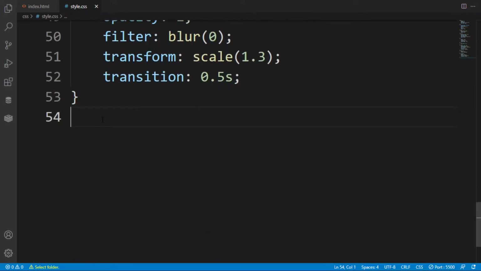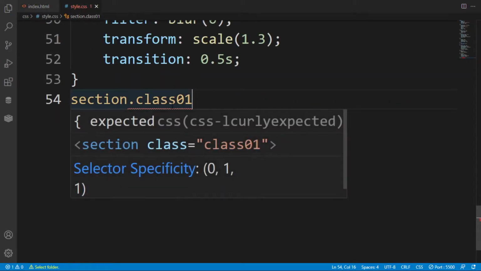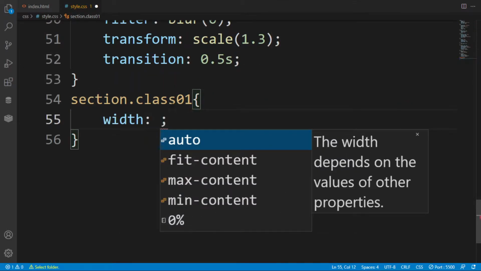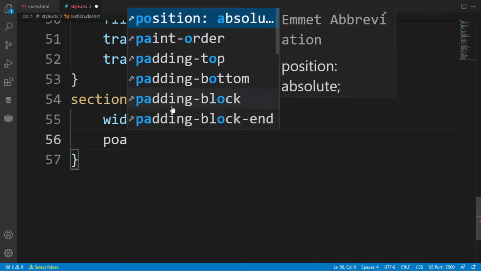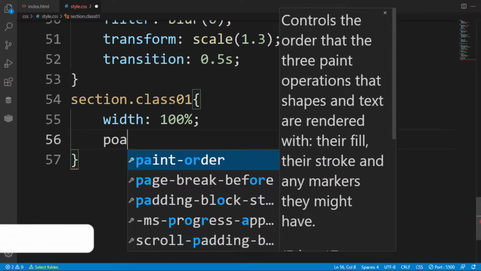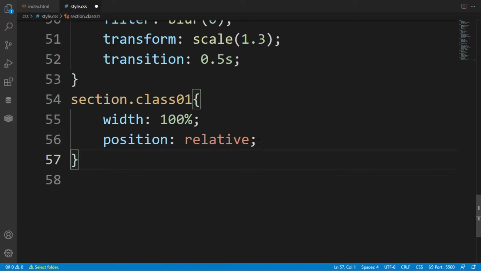Now I want to style this thing. So here in this section of class 1, I am giving a width of 100 percent, and after that I am giving a position relative so that it will entirely cover the height.